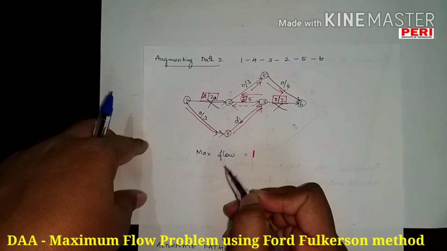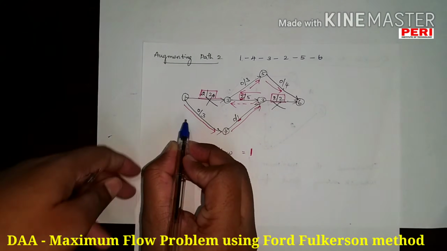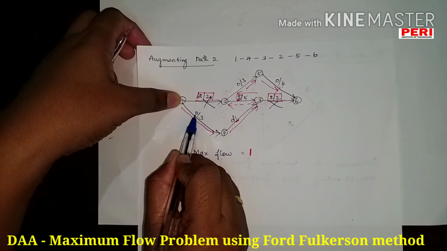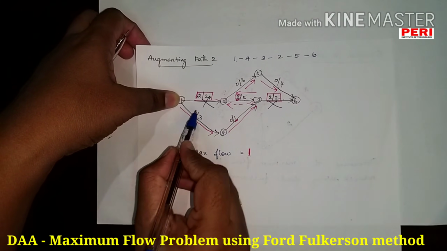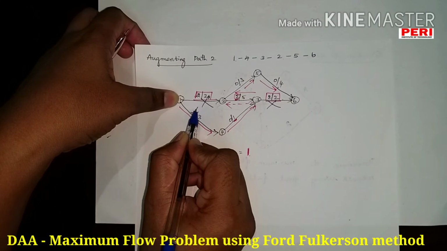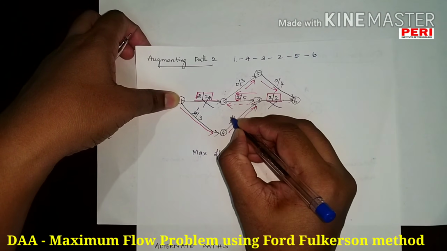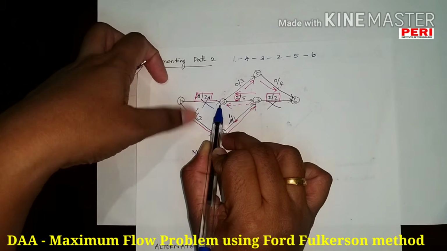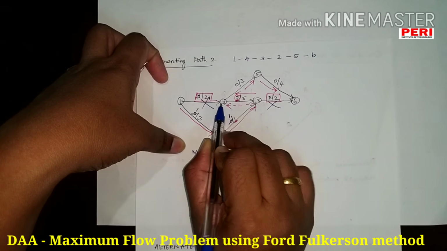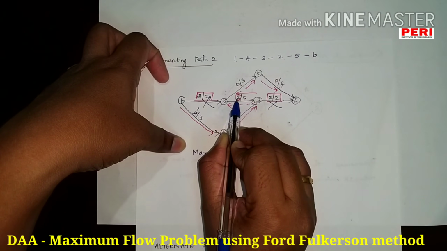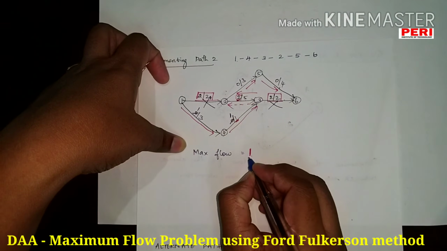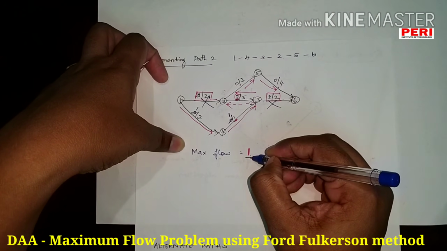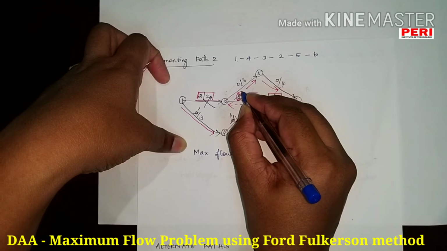So after taking it as 1, what will I be doing? Since it is forward flow, the flow becomes flow plus xij. So this becomes 1 here. I'll be adding it with the flow. And here also it becomes 1. Now make a note of it. We are having a reverse flow here. If I have a reverse flow or a backward flow, the flow will be subtracted with the flow that I have found. Initially I have 2 here. I'll be subtracting 1 from 2. So my value will be 1 by 5 now.